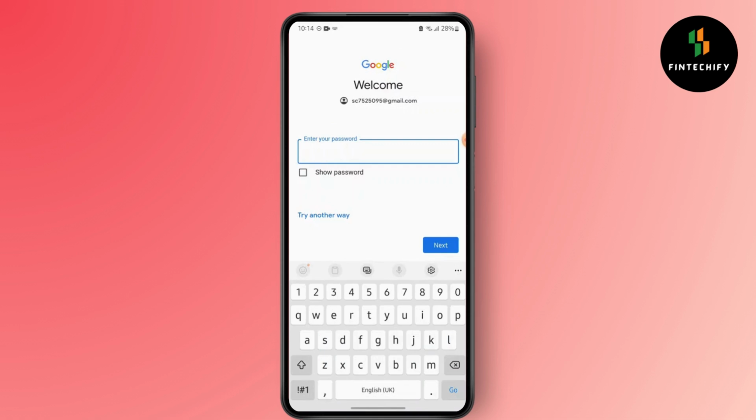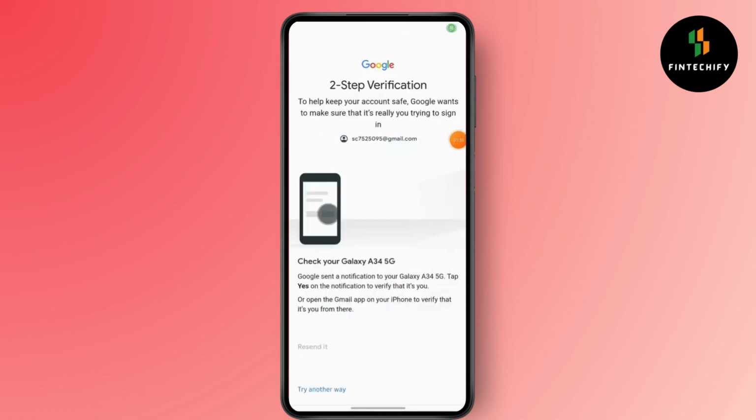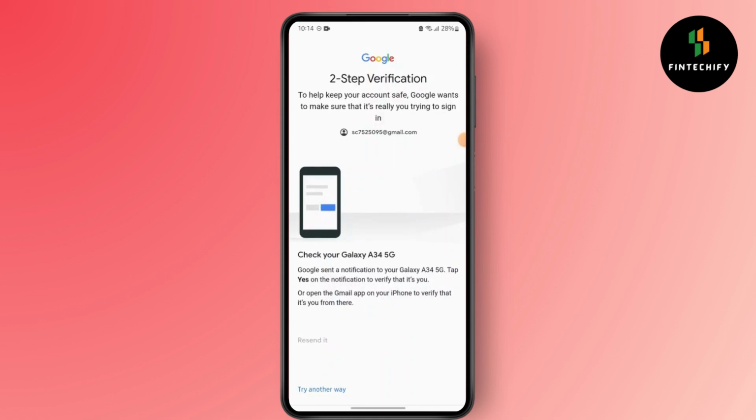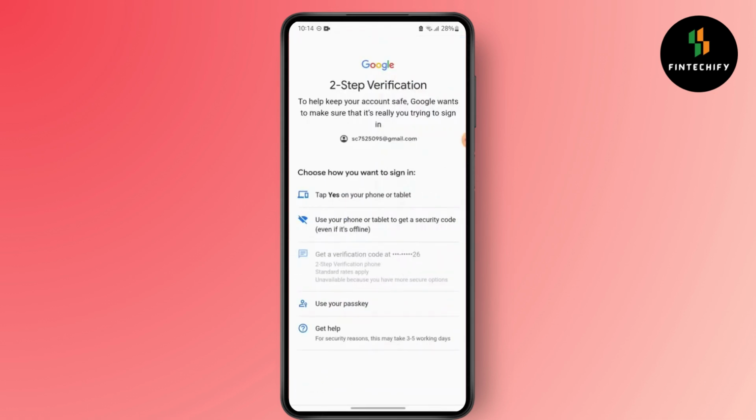Now it will ask you to enter password. So what you will have to do is enter your password and then it will lead you to two-step verification. And after it reaches this interface, what you will have to do is go to try another way. Now you will see several options over here, but if you cannot do any of these, what you will have